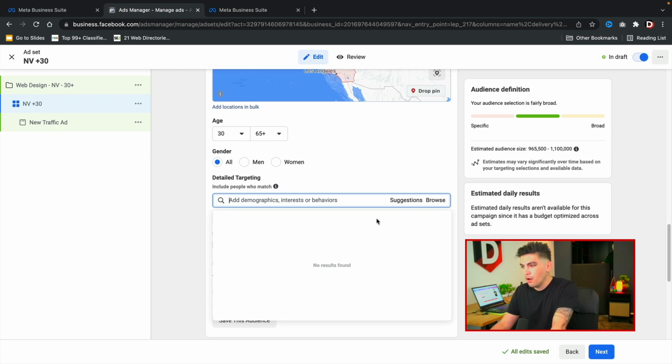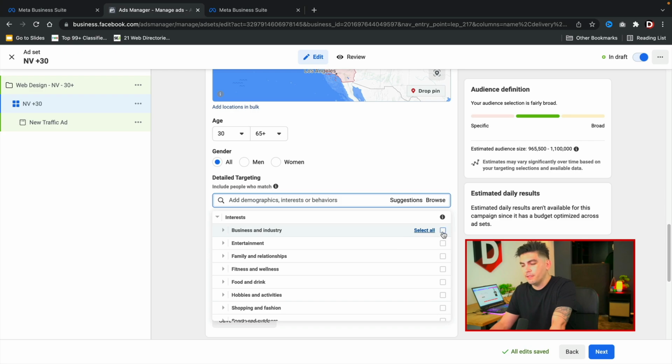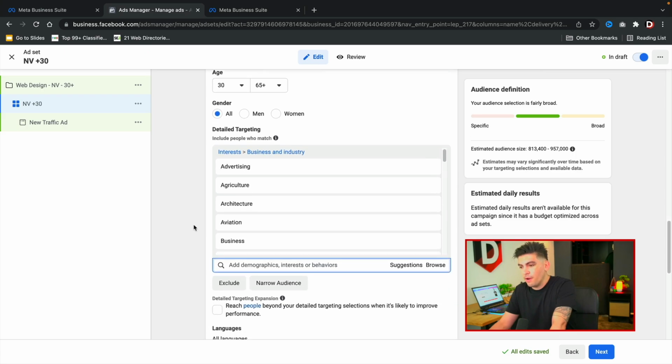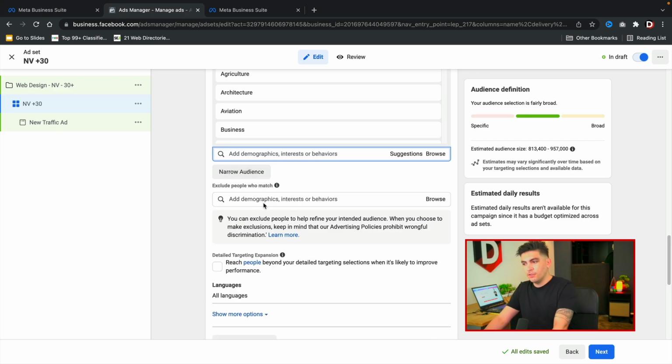So let's go ahead and do that. I'll go ahead and click on browse right here. I'll click on interests, and we'll just select everyone in business. Why not? And Facebook does tell us right here that this will reach a large amount of people. So we know that's gonna be a good idea, right? But once you guys select an interest, we'll go ahead and scroll down. Now you guys can also exclude an audience as well. So for example, if you guys want to exclude low-income people, you guys can do that by clicking on exclude and just excluding another interest right here. So it just really depends on how you want to approach your ad campaigns.